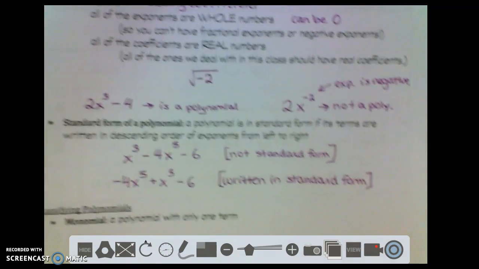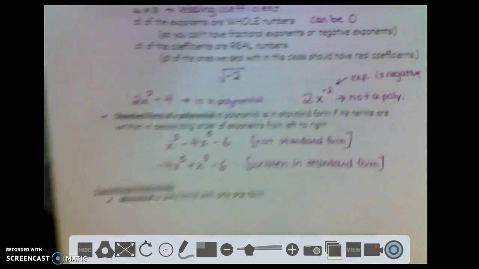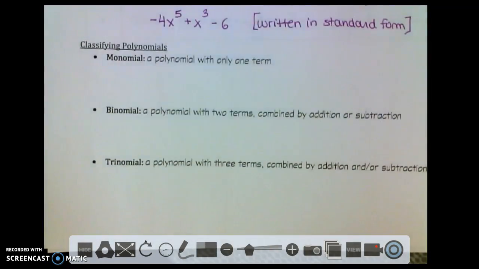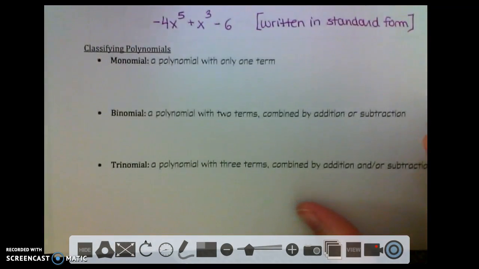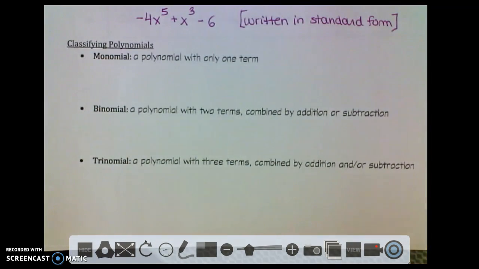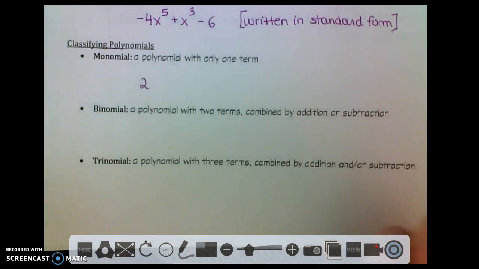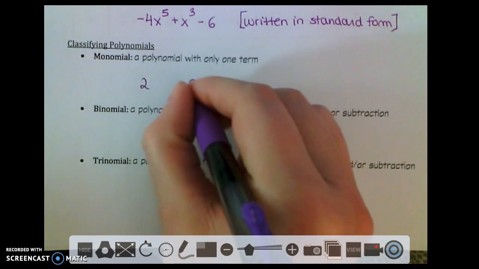Moving on now to classifying polynomials, we're going to talk about those specific definitions of monomials, binomials, and trinomials. Now a monomial is a polynomial with only one term. Remember, terms can be combined by multiplication or division, but not addition and subtraction. So this would be a monomial, or